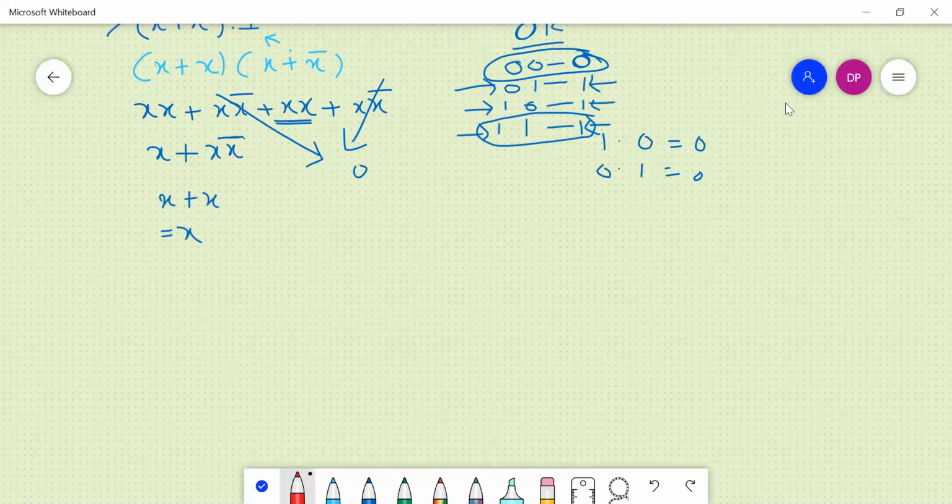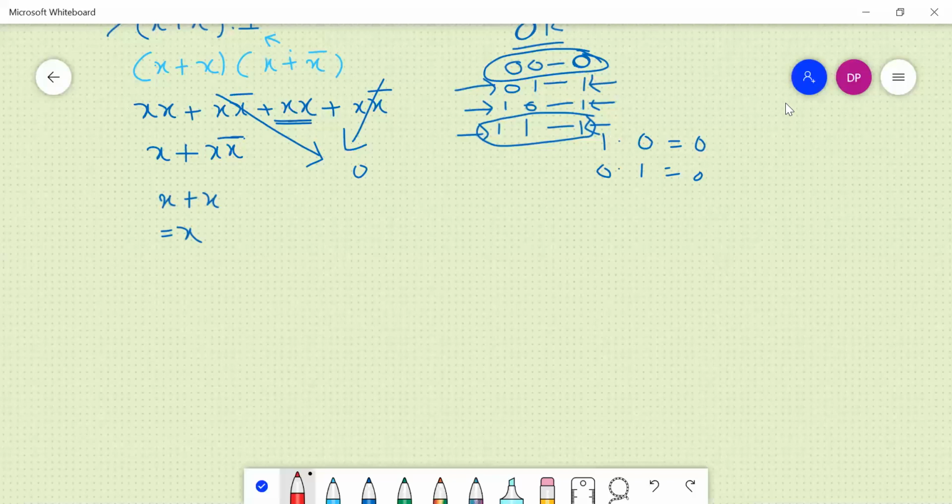Sir, x plus x dot 1 is there, right? We can also solve it using De Morgan's law, right sir? Any law you can use. De Morgan's law is very simple, just a formula. The answers of every student or everyone will differ as per the logic we opt for. You can approach with any logic, no problem.